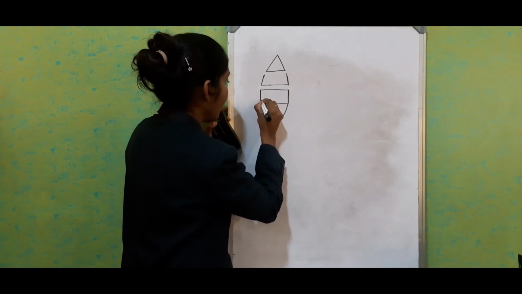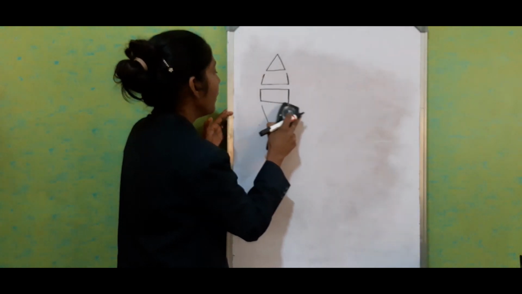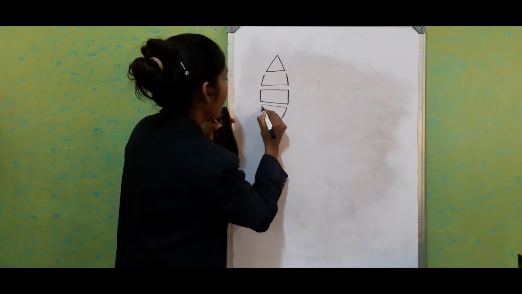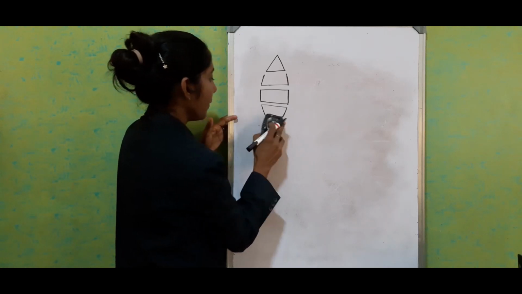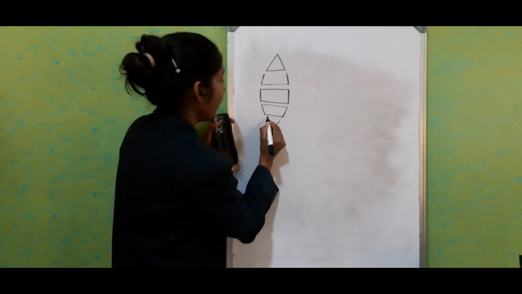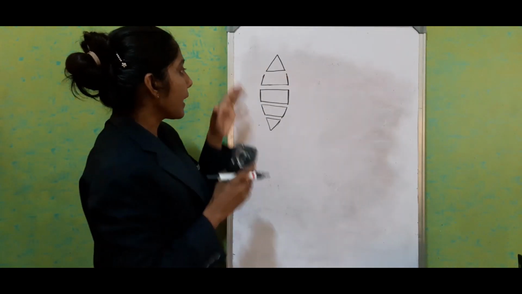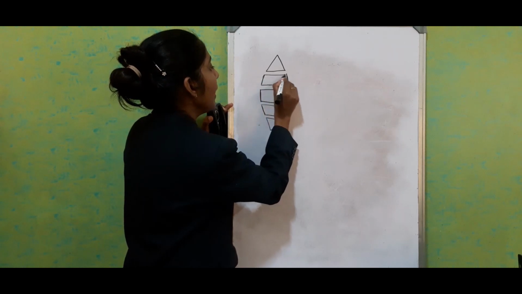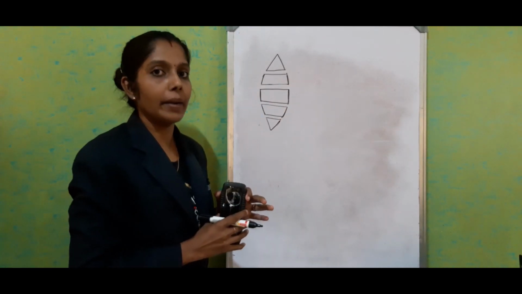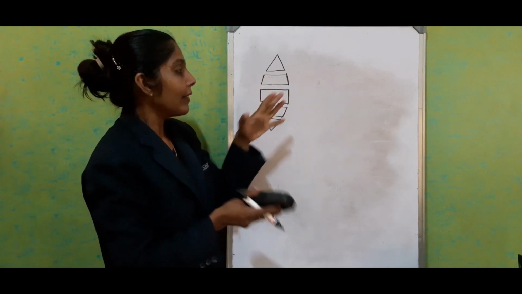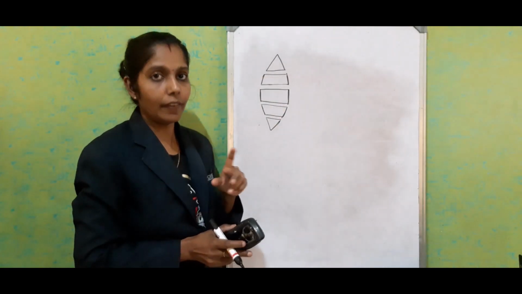Exactly a glass slab. When it comes over here, again another prism, and it's not completed but still it behaves like a prism. So this is the way we can divide the lens into the combination of prism and glass slab. So when we keep all these things together, we will get a single piece of lens.